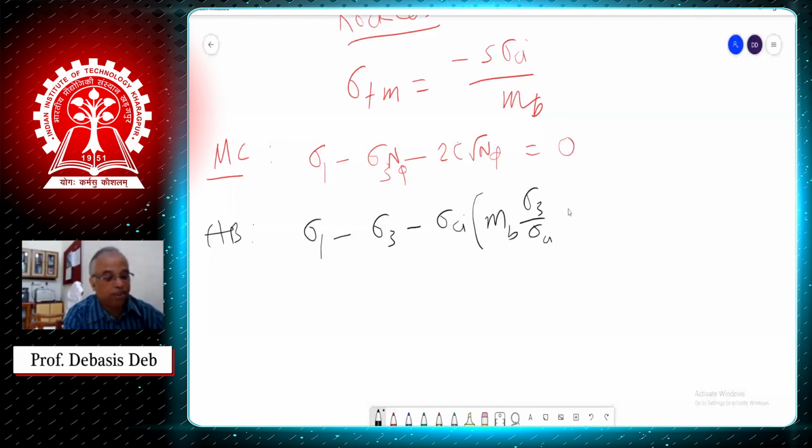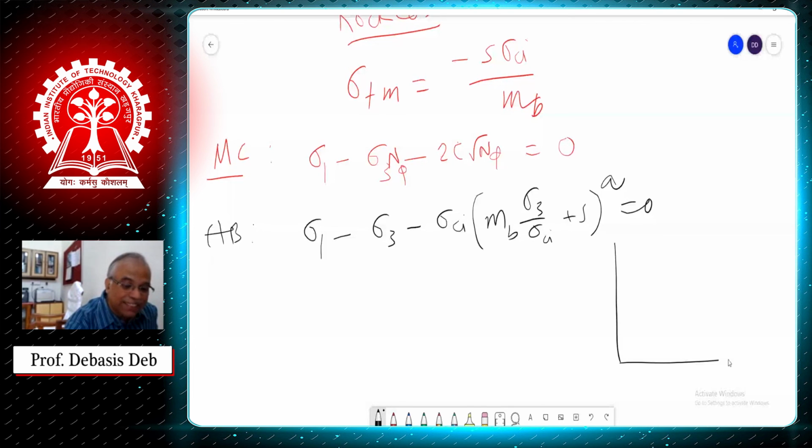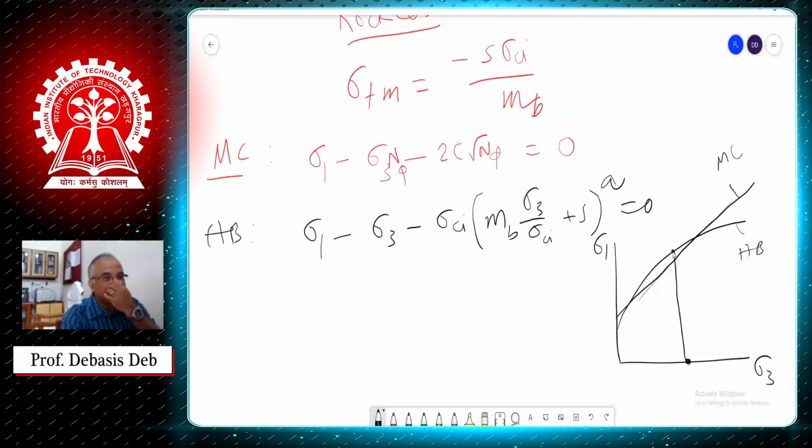Now, these are the two equations we know. What we are trying to say here is that one is like this and another maybe will go like that. We don't know. It may be going like this. Okay, this is MC and this is Hoek-Brown. Now, for a given sigma 3,